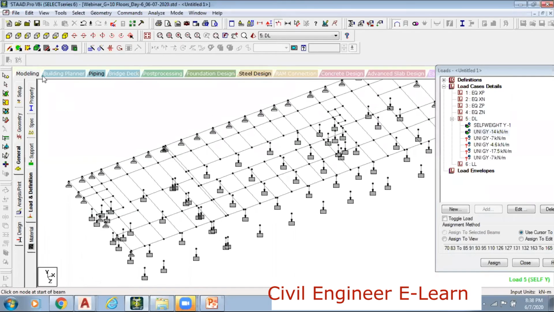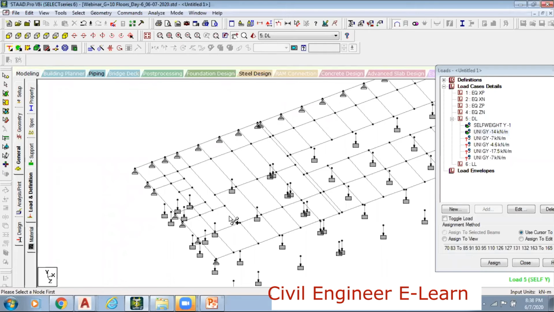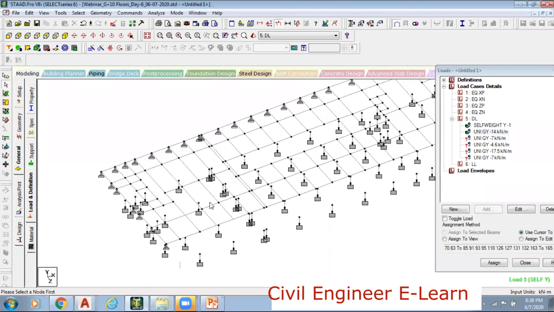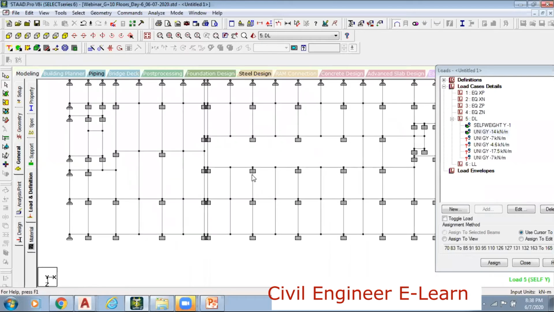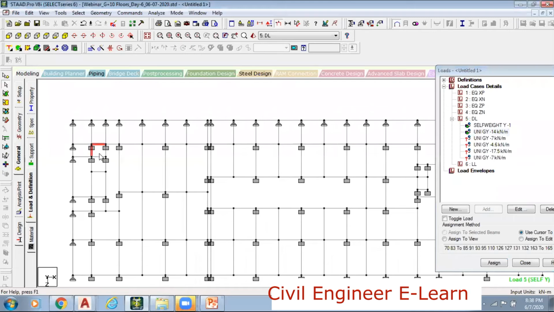Right? I will add. Right? So this is now done. And then I'll go to this plan view. Select this load. This one, this one, this one, this one, this one.